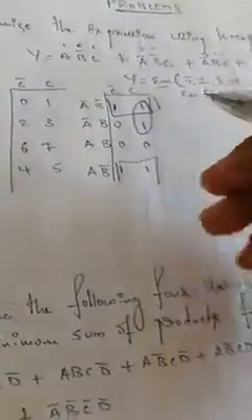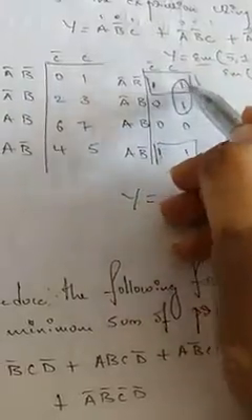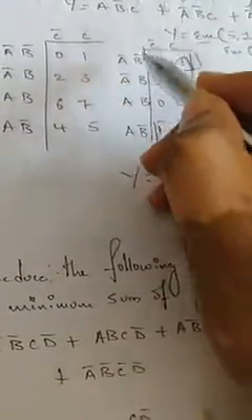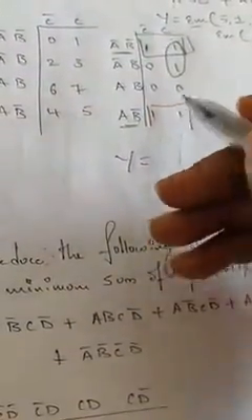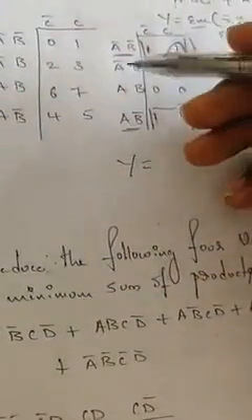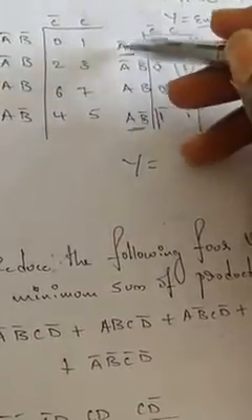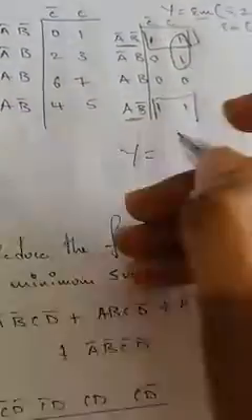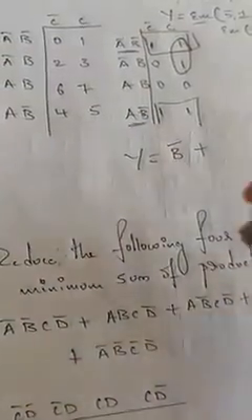Okay, so then you need to write the expression Y is equal to. What is the expression for this quad? You need to concentrate on this and this, and these two. C bar C gets cancelled. In these two, B bar is common, A bar gets cancelled, A bar plus A is nothing but 1, right? So B bar B is nothing but B bar. Here C bar C gets cancelled, so what is left is B bar. The expression for this quad is B bar.